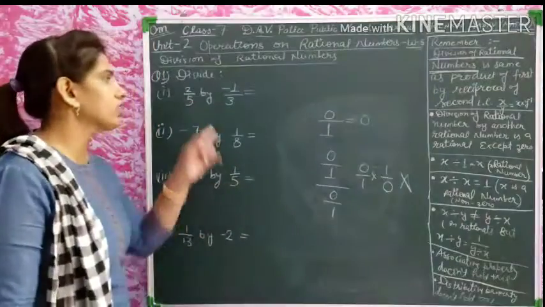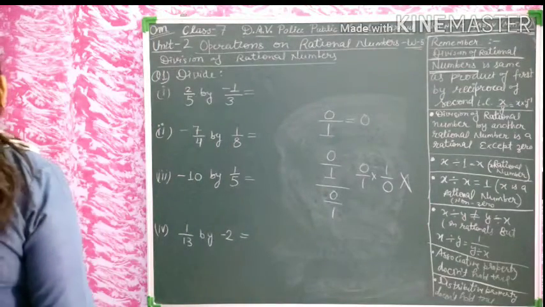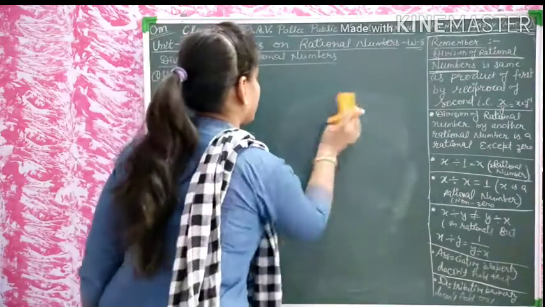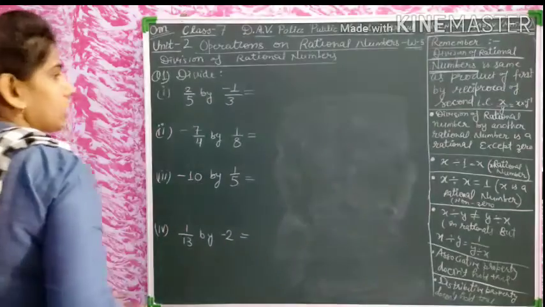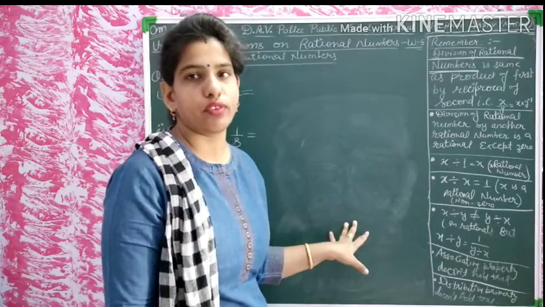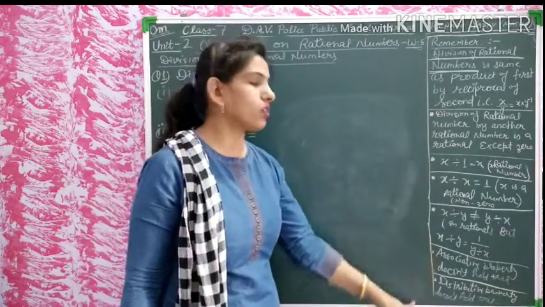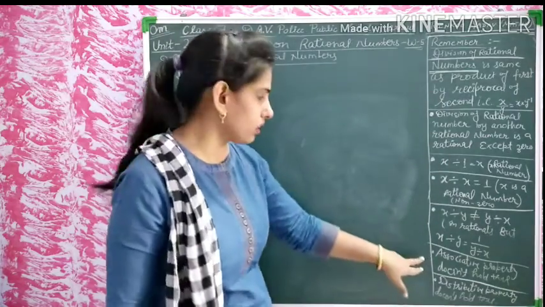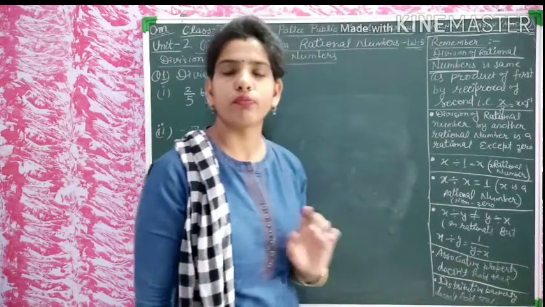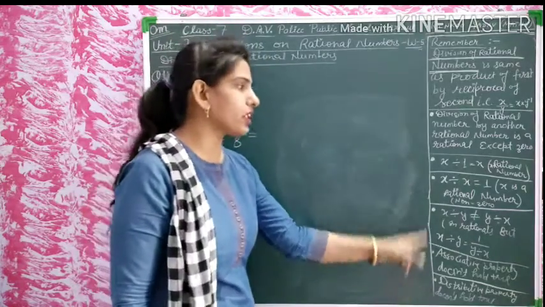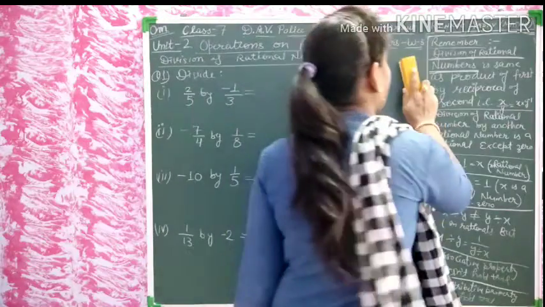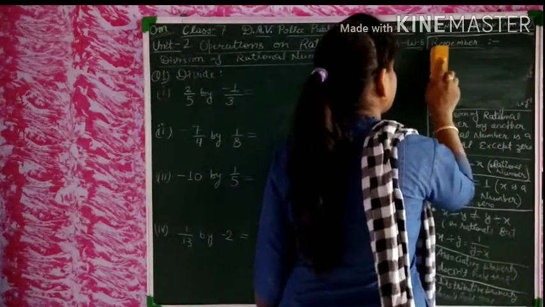Now we will do the questions here. Let's see. In question number 4, first we are doing only the divisions. Write down these properties before starting worksheet 5. Is this clear, students? Write down all the properties. If you don't see any word, then see in the book. These are also in the book. Okay, students? Now we will solve the questions.